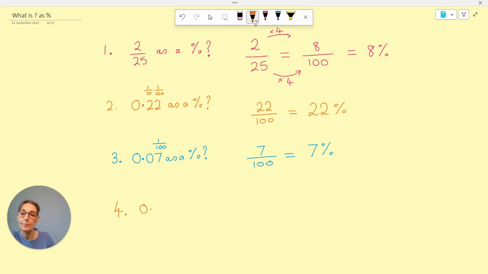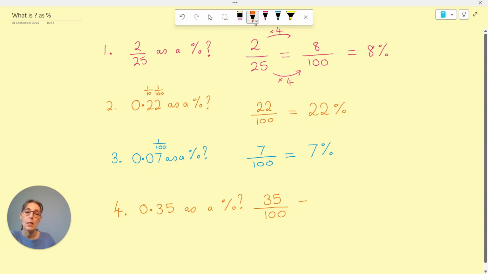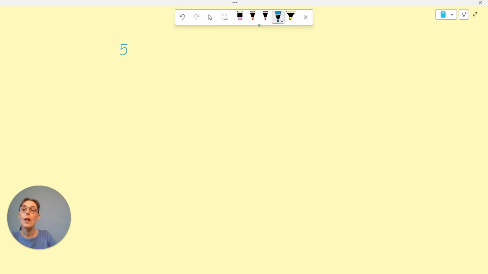0.35, we'll do that one. 0.35 as a percentage. Okay, so 0.35, that's 35 hundredths, and 35 hundredths is the same as saying 35%. Then number 5,